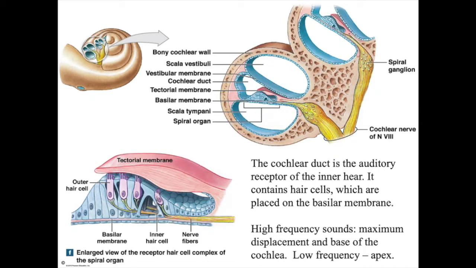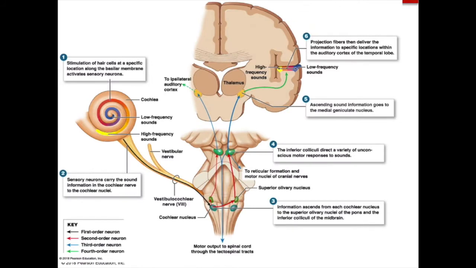The cochlear duct has something called the basilar membrane, where a bunch of cells are resting, so to speak, are lying on top of, and those cells, the ones that we need to pay attention to, are the hair cells. The hair cells are the receptors for sound. And there's something on top of the cells that is the tectorial membrane. So it's the movement of these particles that eventually affects the hair cells' activity,